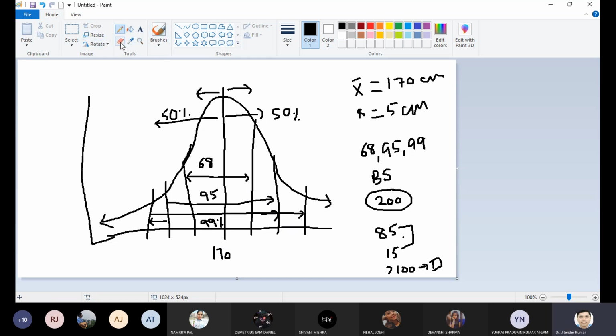So if this is 85, and instead of height, here I call it blood sugar level. So this is 85 here, right? So plus 15 becomes 100, and minus 15 becomes your 70. So this range covers 68%, this area. Okay, outside the 68%, how much remains? 32. So 16% will be on this side, 16% will be on this side. So now you can plan